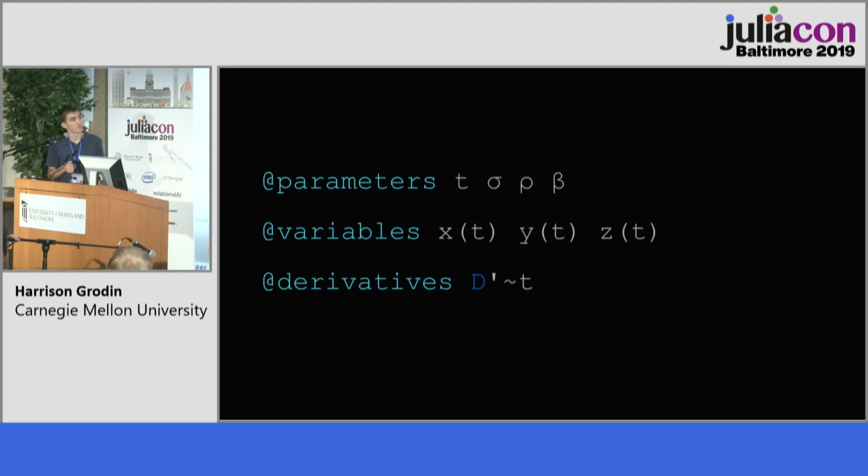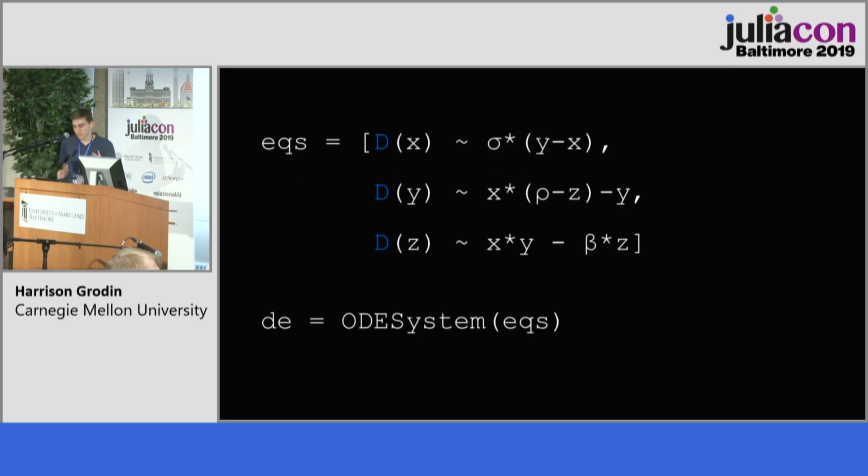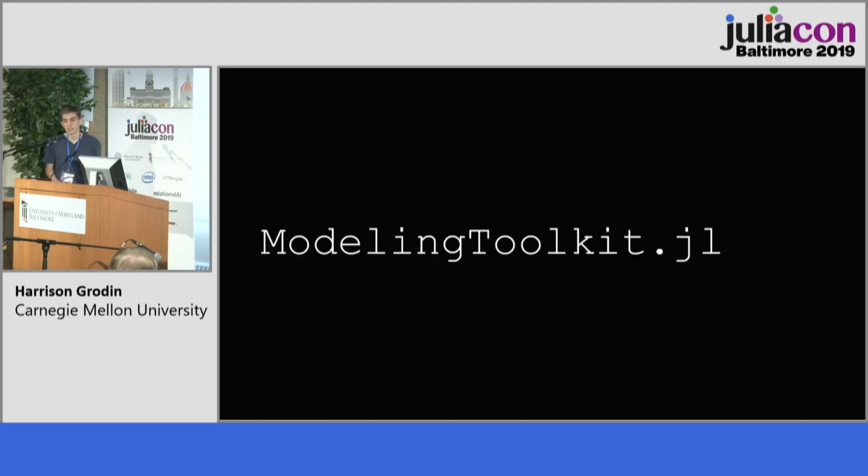You'd specify your parameters of the system as t, sigma, rho, beta. You'd make your variables x, y, z, all functions of t, and you make your derivative with respect to t. And then you continue to set up your equations, right? You say that the derivative of x is defined as equal to sigma times quantity y minus x, and so on, and you build your ODE system. Well, in case you were hoping this kind of system exists, then, there you go. It's called ModelingToolkit. So this is not going to be the primary focus of this talk today, though,